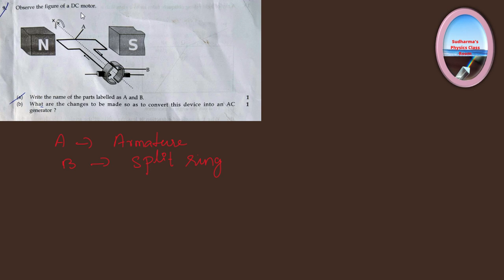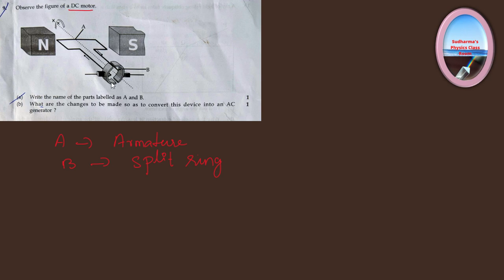One problem with this question is, this is a DC motor, but the question is how to convert it into an AC generator. Basically, we cannot convert a motor into a generator, but structural similarities are there. What do you mean by structural similarities? If you check the Malayalam medium question paper, you can see they clearly say structural difference. But here it is not mentioned. So what are the changes in the structure we can make?